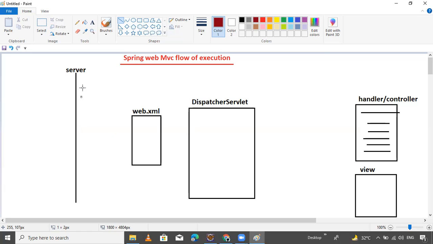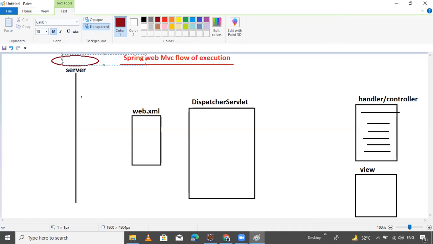This is the second thing. And the third thing, the container will create a servlet context object. What is that? Servlet context object.